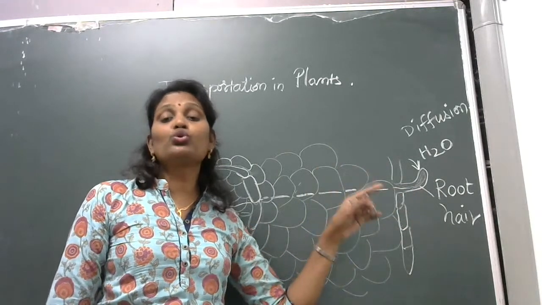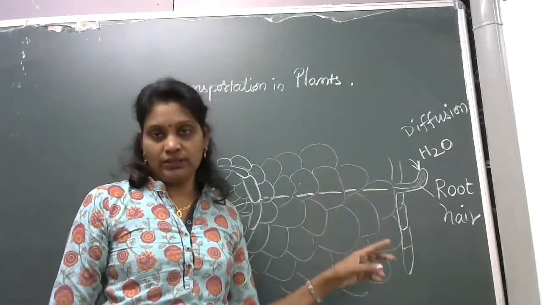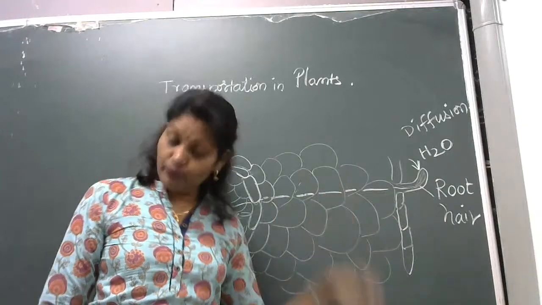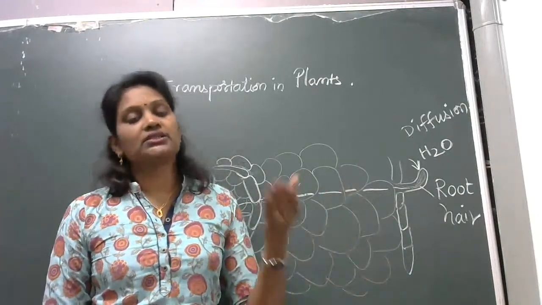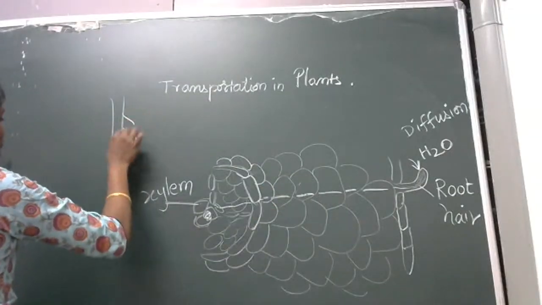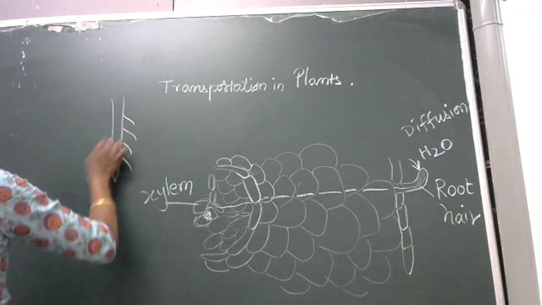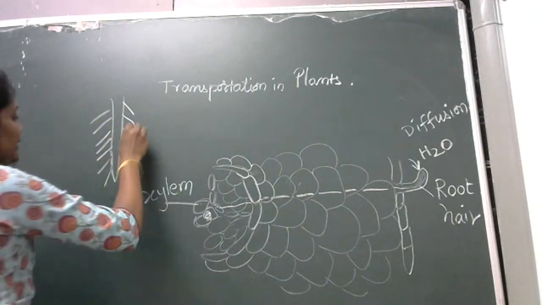The root hair absorbs the water. It is helpful to absorb. It can absorb because it is the thin one, the smallest part, the small root hair. There are so many hairs. So now these root hairs will increase the